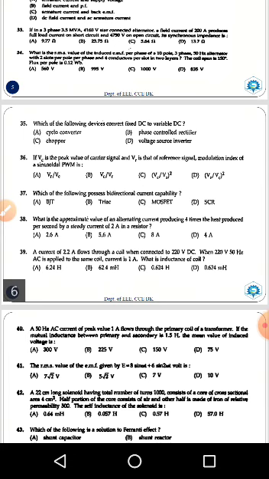So, pitch factor is cos 30 by 2. Then distribution factor is sin(mβ/2) divided by m sin(β/2), where m is slots per pole per phase, which is 2, and β is the slot angle, that is 180 divided by slots per pole, that is 180 divided by 2 into 3, that is 6, and frequency is 50 Hertz, flux is 0.12.